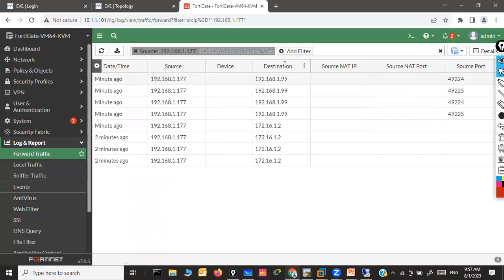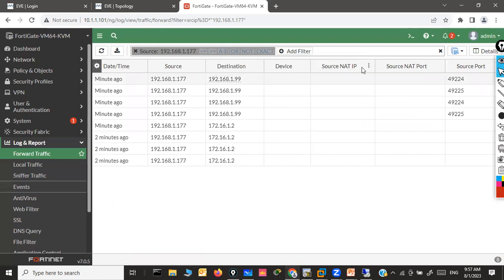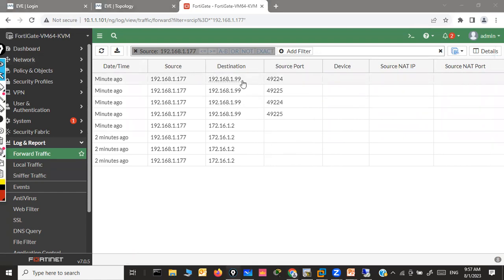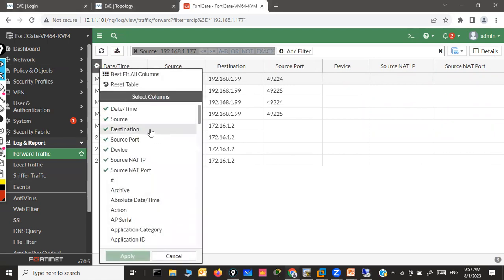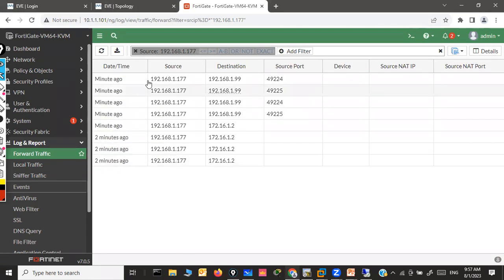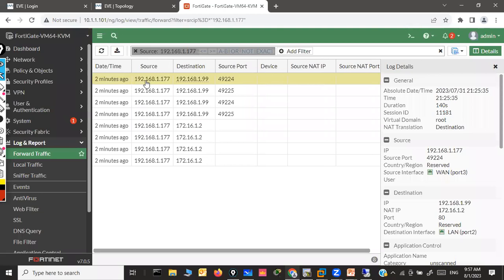All right, so source, destination, source port, and where is destination NAT? One more field I'm looking for, destination NAT, so that we can also see the translated. Even if we just double click, it will show here on the right hand side,